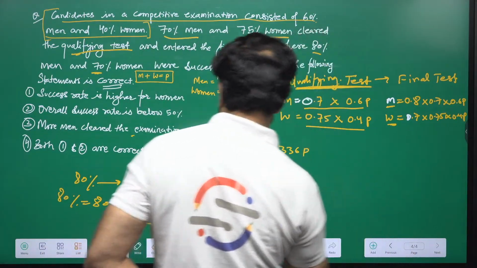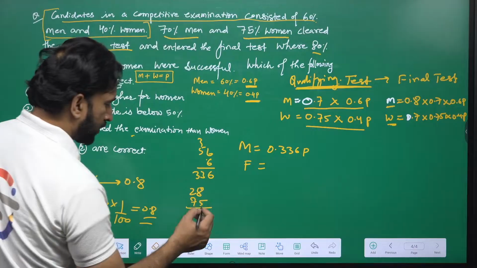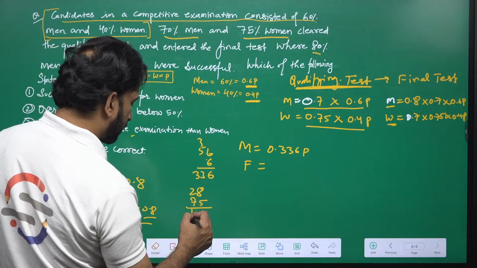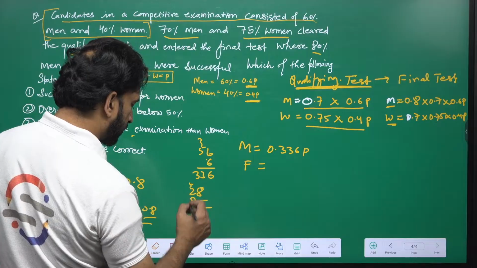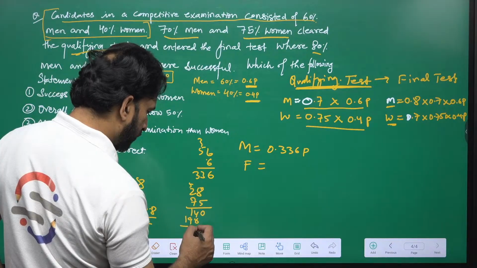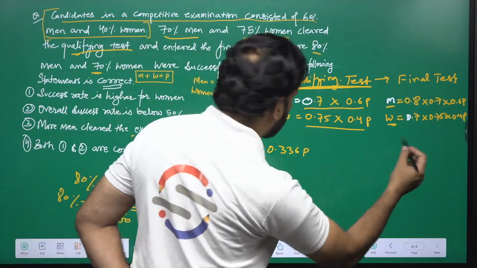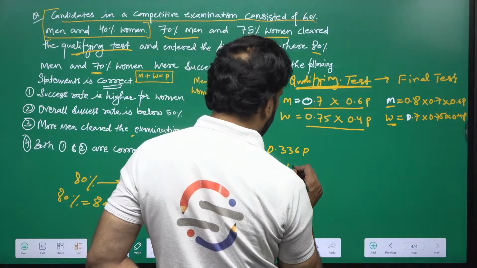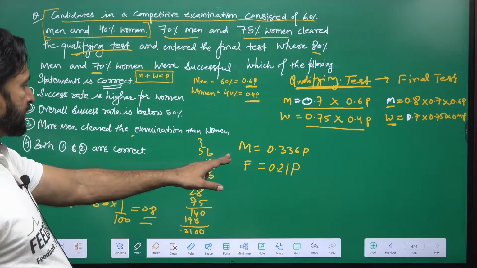Female is equal to 28. 28 into 75. 40. 14. 19. 0, 0, 1, 2. So 1, 2, 3, 4. Point. That is 0.21 of P. So clearly we can see that